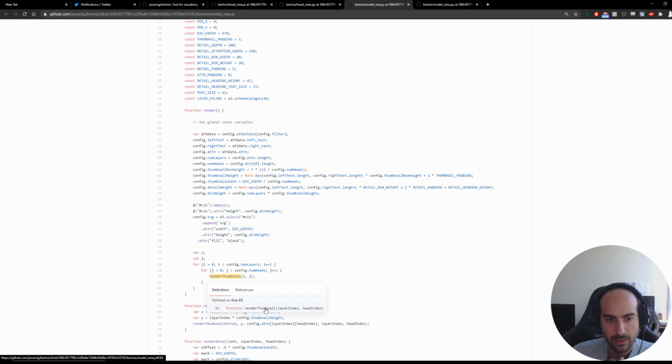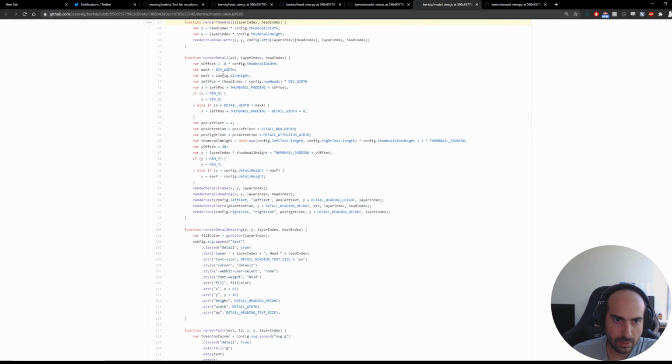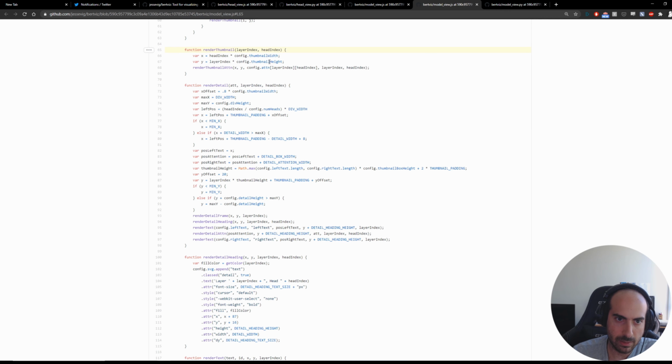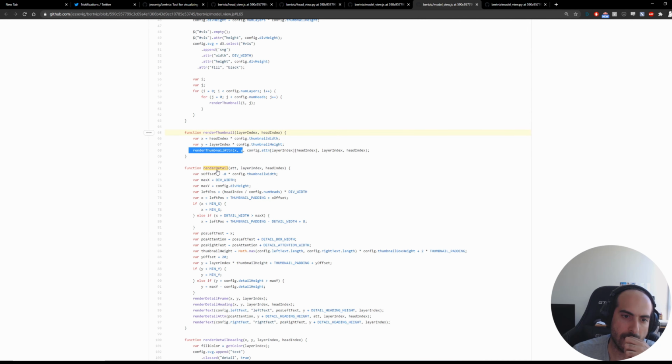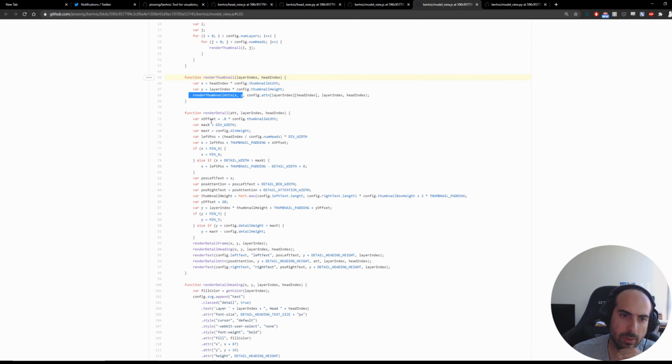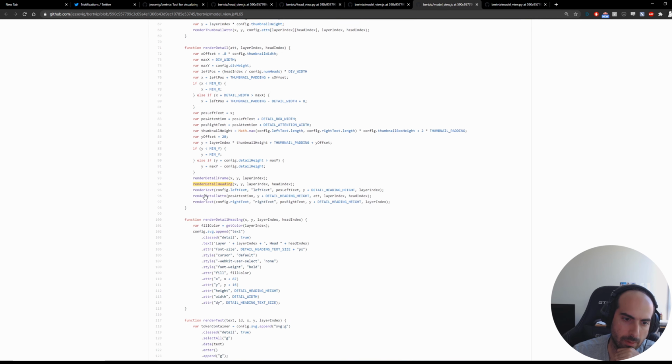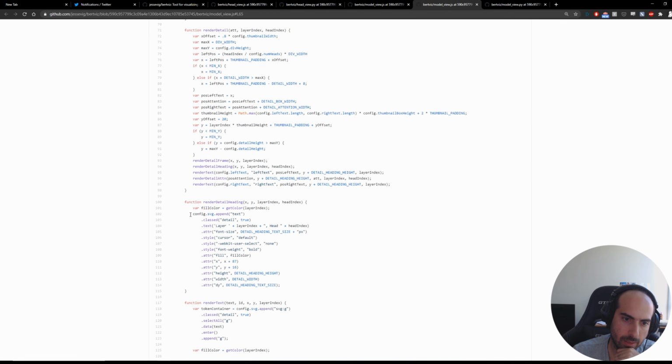How do you render the thumbnail? Define line 65. Head index, thumbnail index, and then render detail. Sure. Okay, so we're basically just going to start drawing each of these heads, and then when it comes to render detail, okay, we're just setting up the padding, like the width, the frame, and the detailed heading, and then